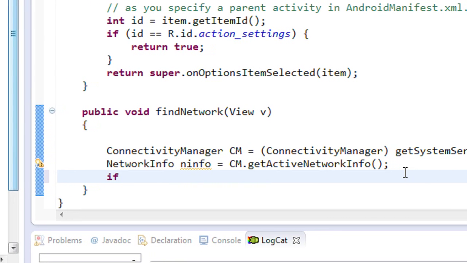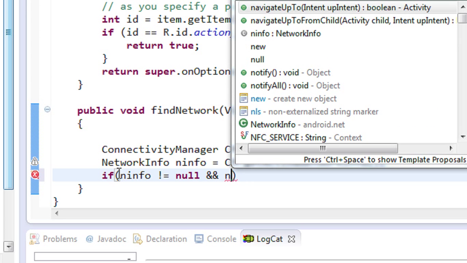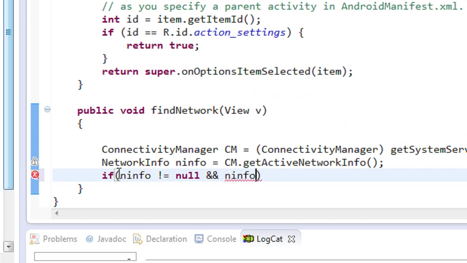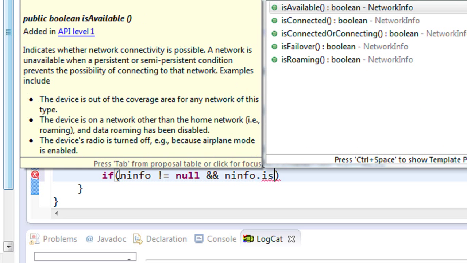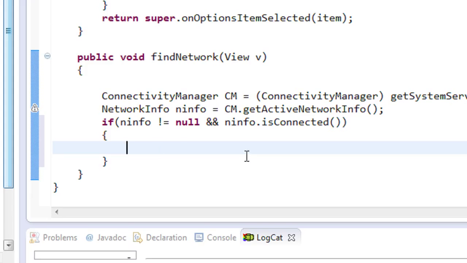So here I'm going to start an if statement. If info is not equal to null and info.isConnected, that is the condition. That means if that object is not null and now it is connected to the device,